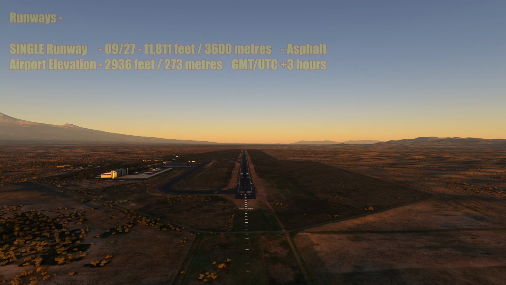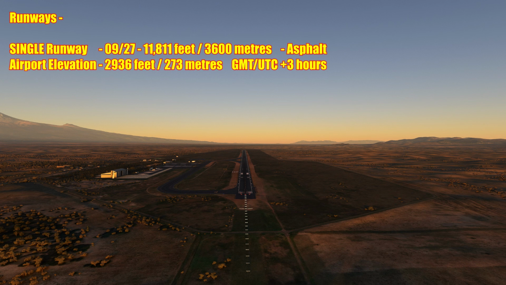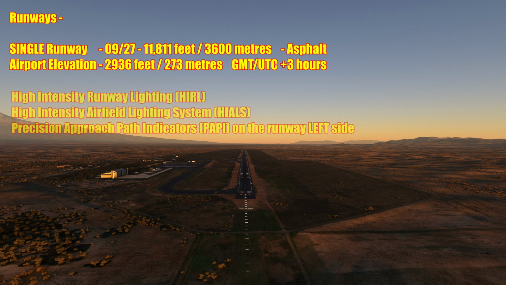Kilimanjaro Airport operates a single runway 09/27 measuring 11,811 feet or 3,600 meters, and it's made from asphalt. The airport lies at an elevation of 2,936 feet or 273 meters and is in the GMT/UTC plus 3 hours time zone. So basically it's 3 hours out of London. Both ends of the runway feature high intensity runway lighting, high intensity airfield lighting system and precision approach path indicators